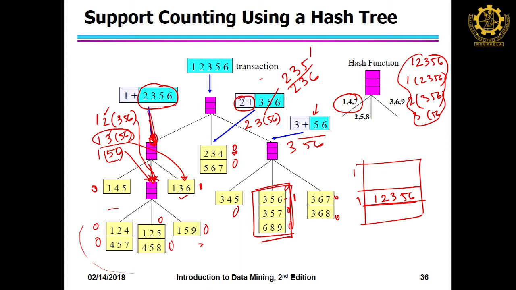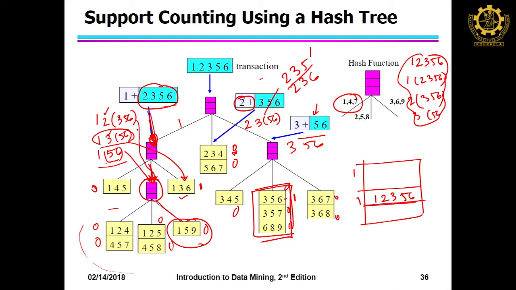Now, you have to see this region, because you have to search in the leaf node. What is this combination? This combination was 1 2 5 6, right. This is 1 2 5 6, another was 1 2 5 6. So, 1 is already there, 1 is here, 5 is here and 6 is here. So, it should be here. So, it is not there.